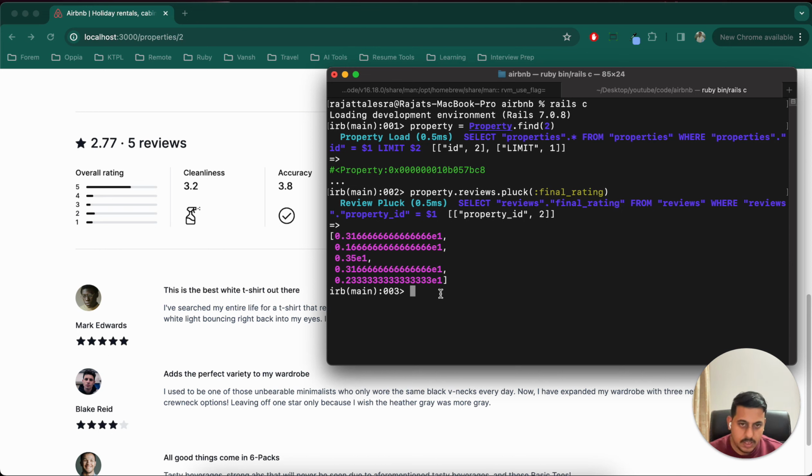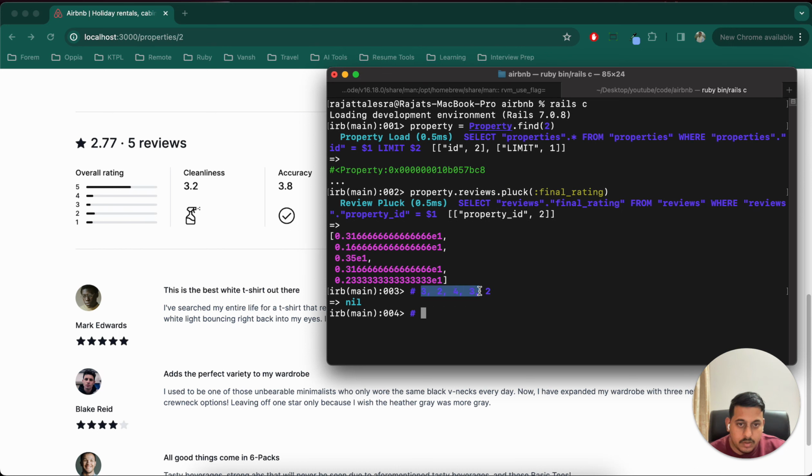So what it means is that we will have to round these off. So let me add a comment here. The first value will become 3, the second value will round off to 2, the third will round off to 4, this will round off to 3, and the last one will round off to 2,